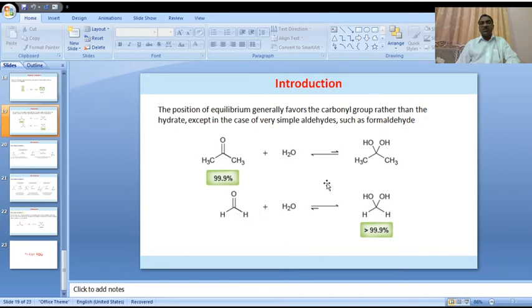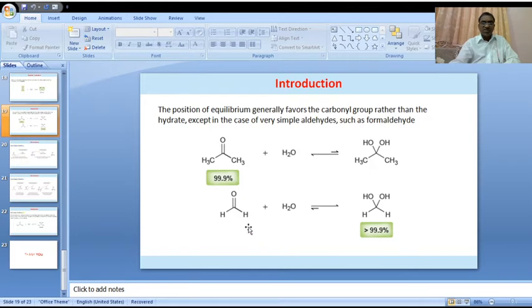Generally, all carbonyl compounds, aldehydes or ketones, favor the equilibrium toward the carbonyl side rather than hydrate formation. But except in the case of very simple aldehydes such as formaldehyde, it undergoes hydrolysis and gives hydrates